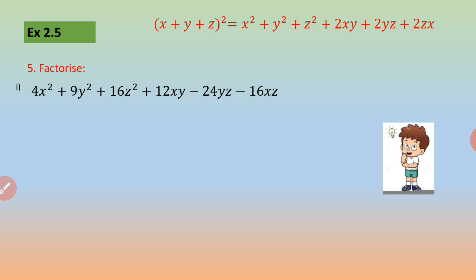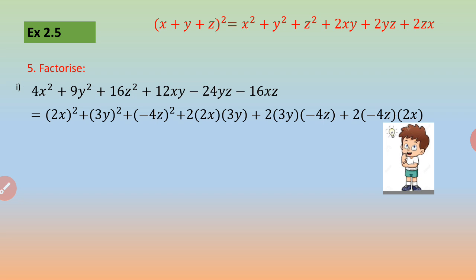But this is the right hand side of the identity and your answer will be the left hand side of the identity. That means you will actually be factorizing it. We'll be doing a little bit of changes and we'll be writing this statement in a proper manner. This is the proper manner. First term becomes 2x whole square. It's a square term, so you can do this change. Second term becomes 3y whole square. And the third term is now taken as minus 4z whole square. It could have been written as 4z whole square also.